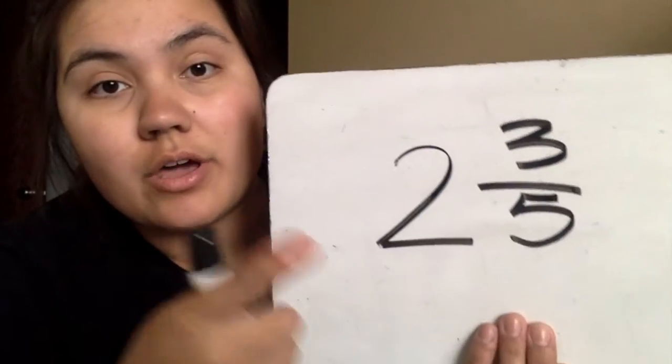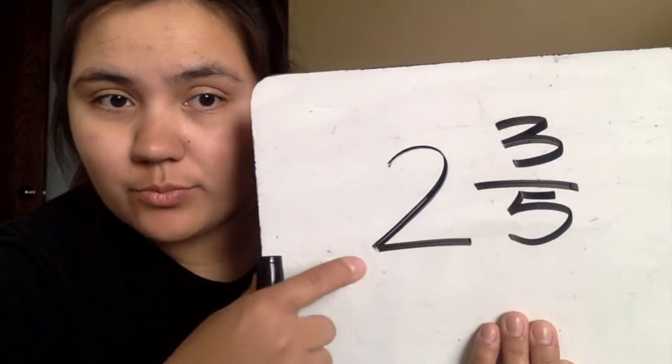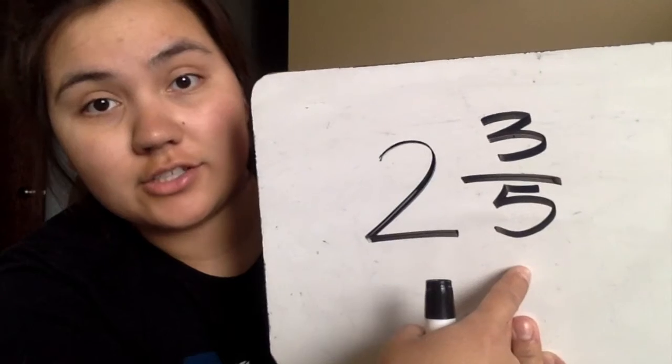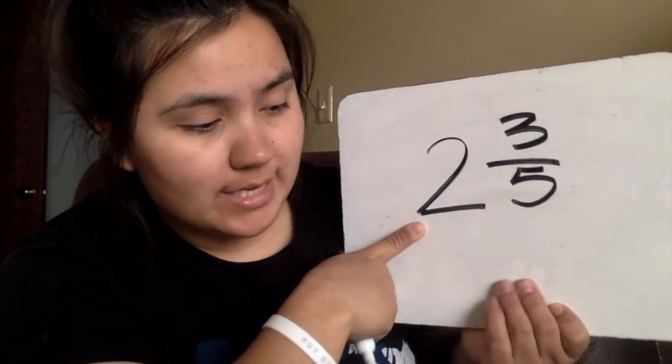All right, so remember that a mixed number is a number with a whole number and a fraction. So when you're adding and subtracting with mixed numbers, we're just going to add the fractions first, and then we'll add up the whole numbers, okay? So let's go to example 3. Example 3 says add 2 3/5